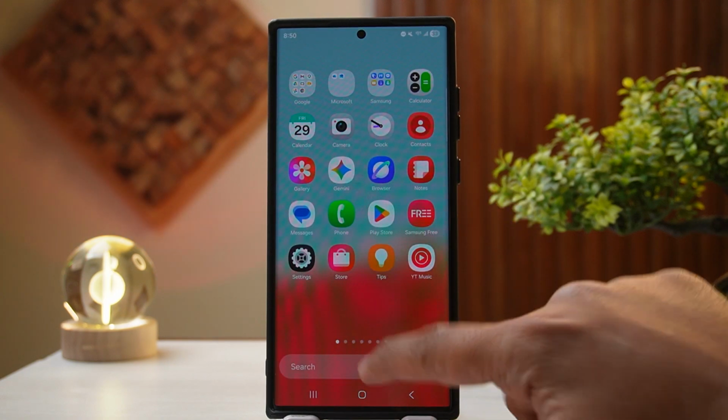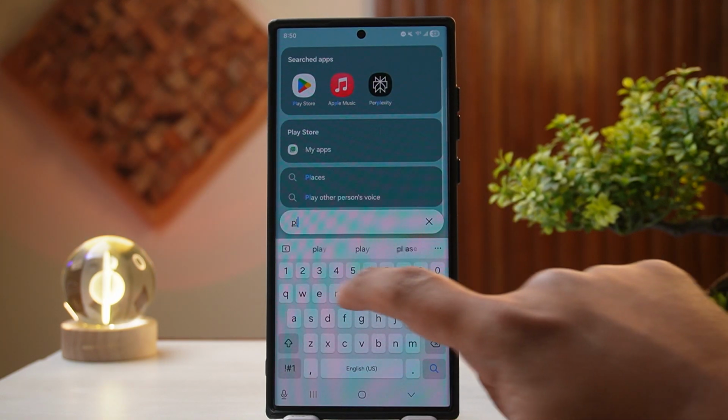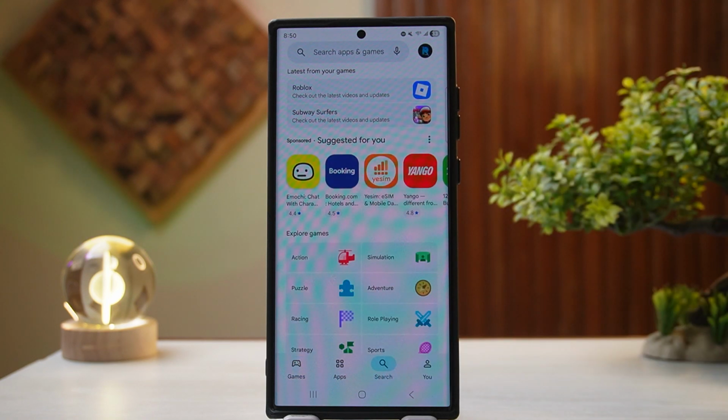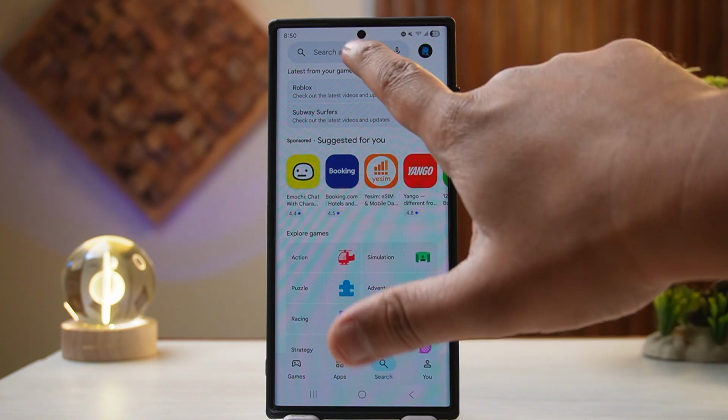After that, what you can do is head over to your app drawer and then type in Play Store. Open up Play Store on your device. After you've opened up Play Store, head over to the search bar, and then in the search bar, search for